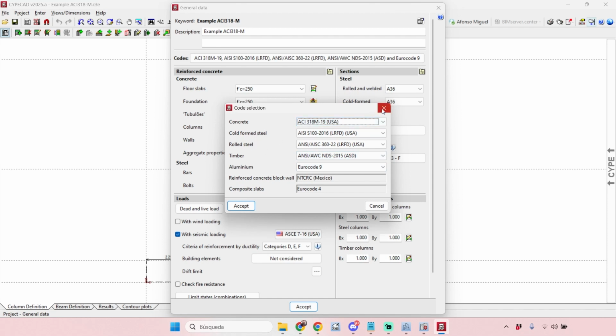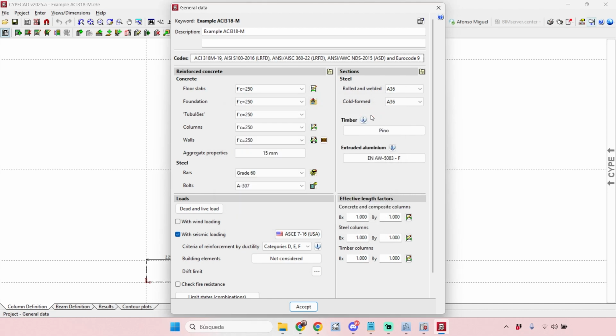Okay, and there's a second place where I can select codes. In this case, as we are talking about seismic analysis, we are talking about nodes, some code checking related to the nodes that will be analyzed. Okay, I must activate in this case the seismic loading. Okay, as you can see here, the seismic loading is activated. In this project, the wind loading is deactivated. Okay, and once I activate the seismic loading, I will select here the code that is related to the seismic loading,